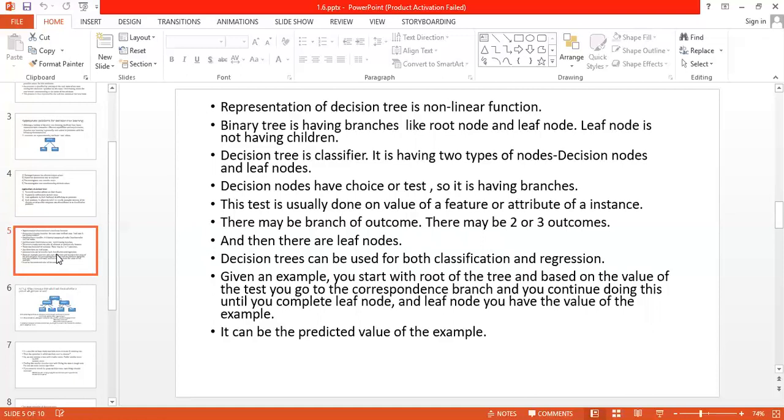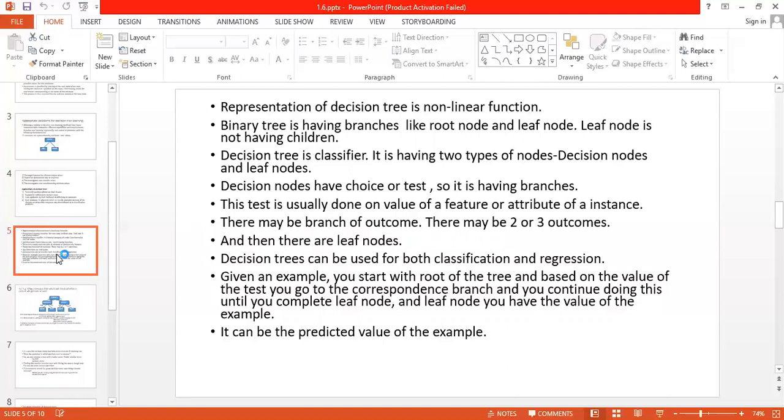Then after finding the root node, again we have to check whether this root node is going to split. If yes, then again we have to find the sub decision trees. Then for that, again we have to do the calculations, and likewise we have to proceed till we reach the nodes which don't have any children. When we reach that position, then we can say that our decision tree is complete.